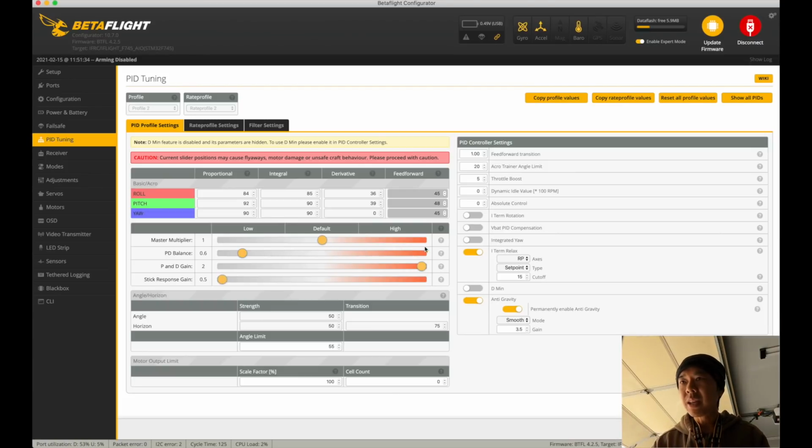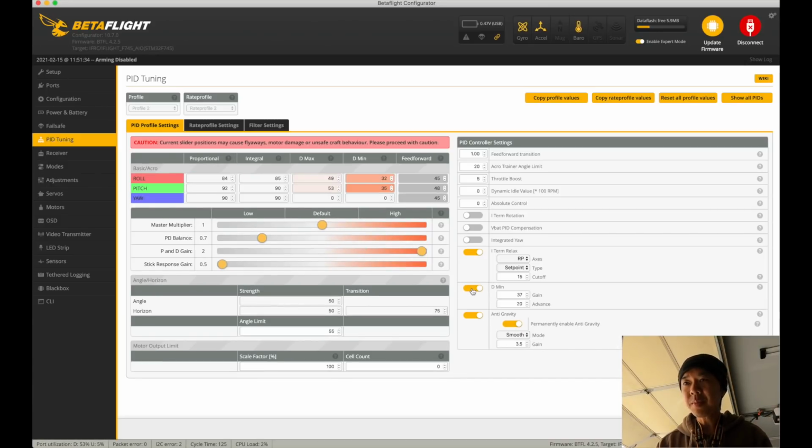I could probably go up 1 more, but we'll leave it there because the next thing that I'm gonna do is, you know what? Let's just bring it up 1 more. Let's just keep it a little bit on the safer side here. And then the next thing I'm gonna do, and the reason why I'm gonna do that is because next I'm gonna re-enable D-min, and then we're going to enable